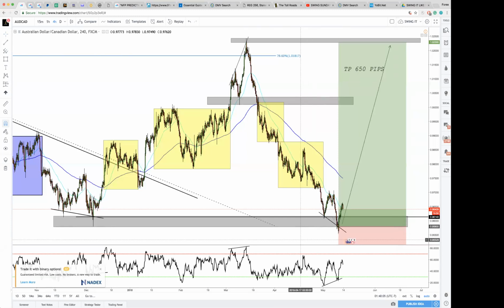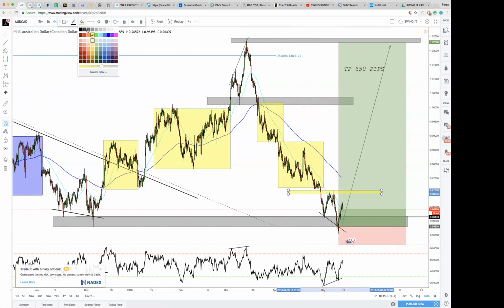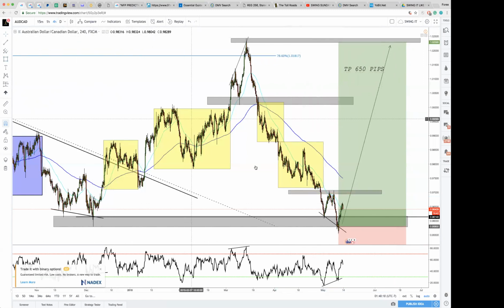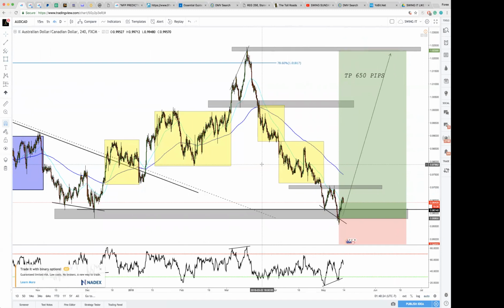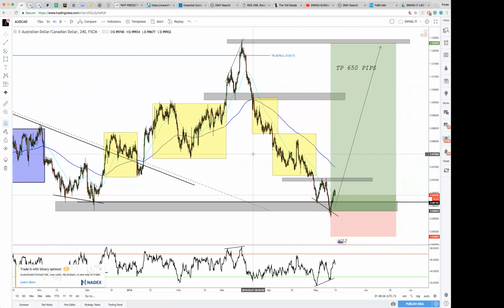So we just have to wait now for this small resistance to break through, and once that happens, it will be a nice takeoff from there. That's on a 650 pips take profit. So you've got to be patient for it. Okay. All right. Next would be